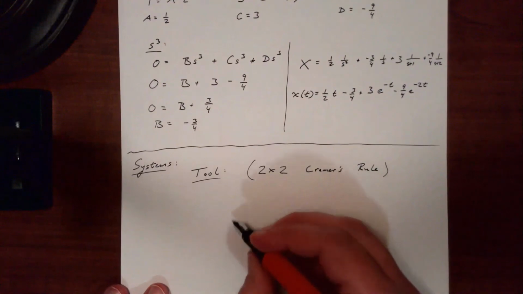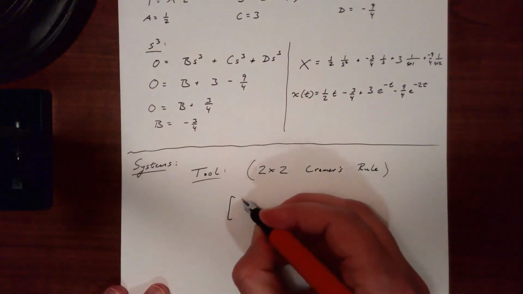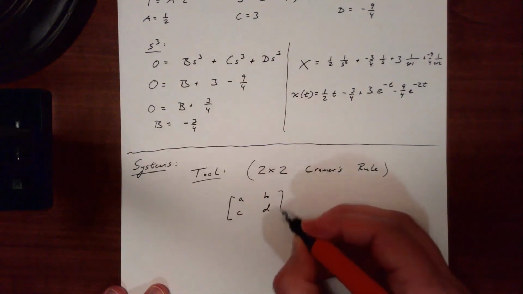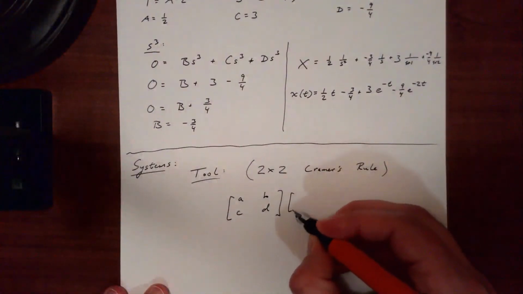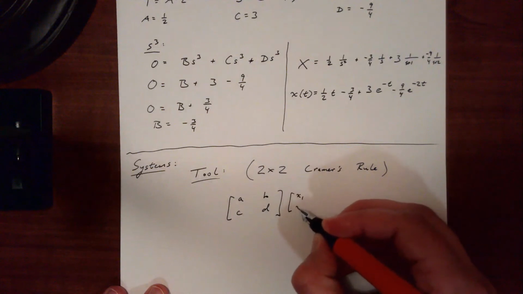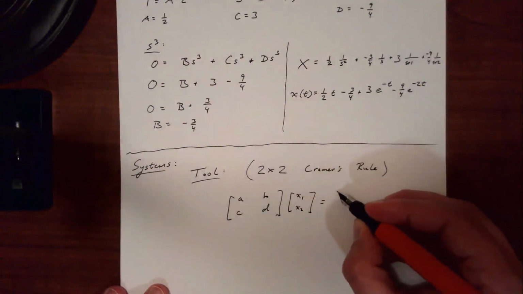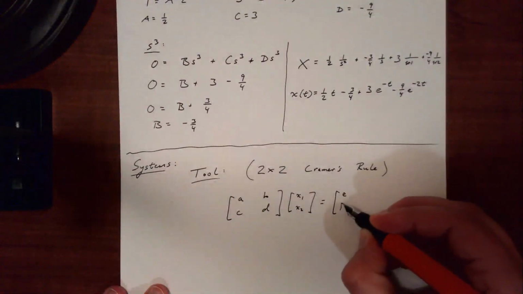So if what we have is something of the form a, b, c, and d times x1, x2, that's equal to e, f,